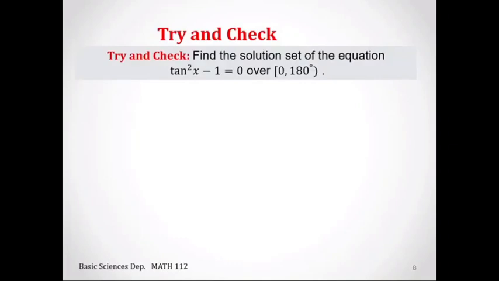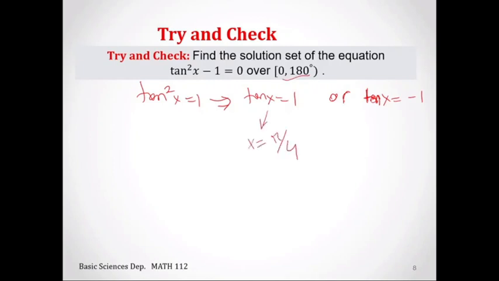Find the solution set of the equation tangent squared x minus 1 equal to 0 over 0 to 180. Now, you can start by solving tangent squared x equal to 1. So it gives you two equations: tangent x equal to 1 or tangent x equal to minus 1. Now, for the first one, from 0 to 180, x has to be only pi over 4 or 45 degrees,